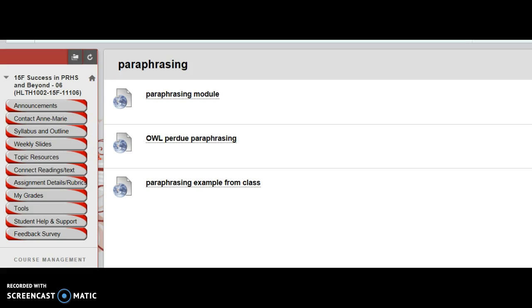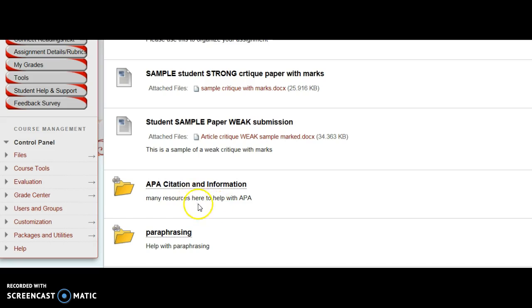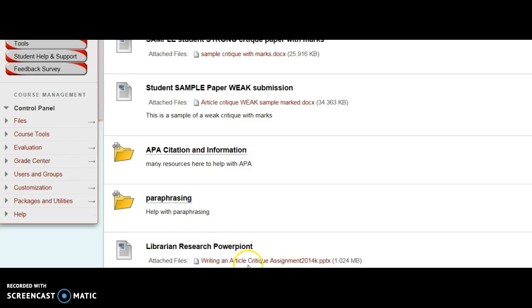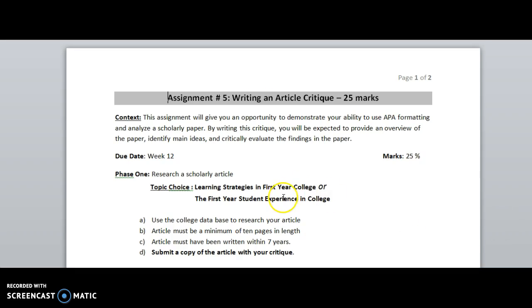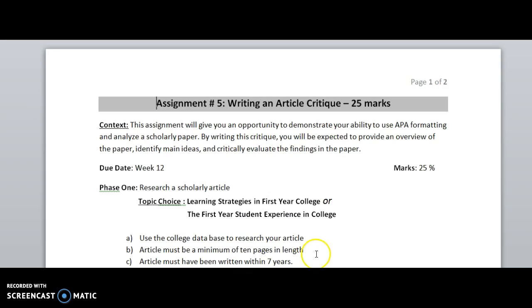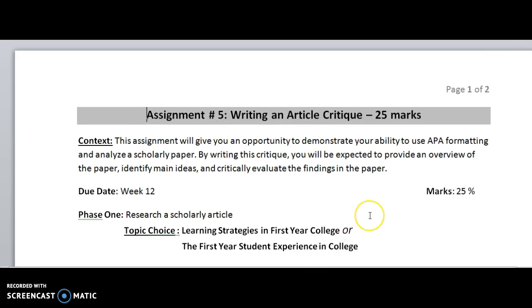And okay, so let me just go back. And then the very last thing, I'm sure you're past this stage, but if you needed help to find an article at this point, there's a PowerPoint here from a librarian that walks you through how to do that. But hopefully you're past that. So I'm just going to show you this right here, which is the description of the assignment itself. So I did go over this in class, but I just want to review it again in case you have